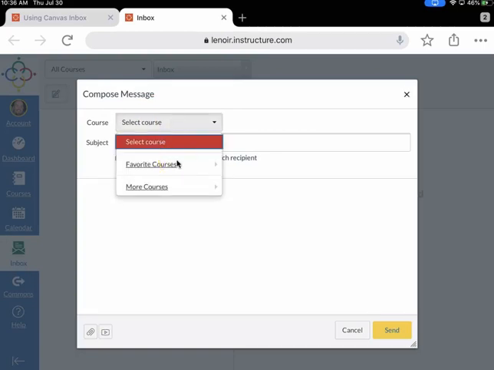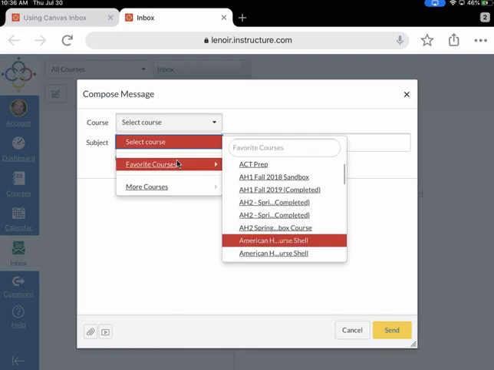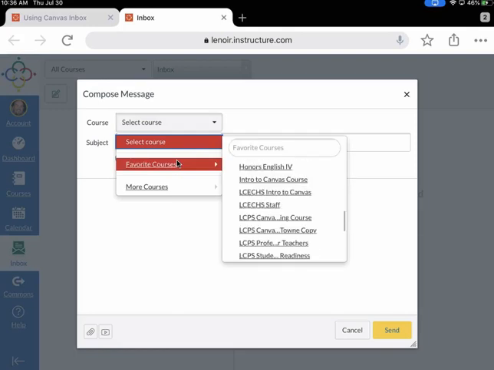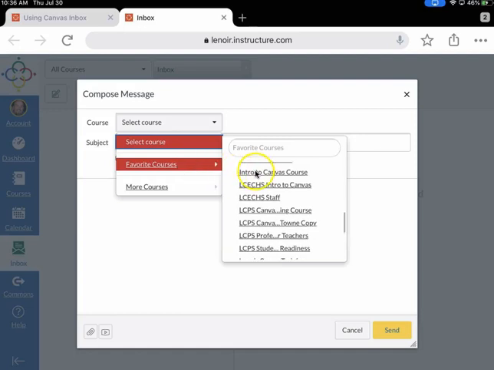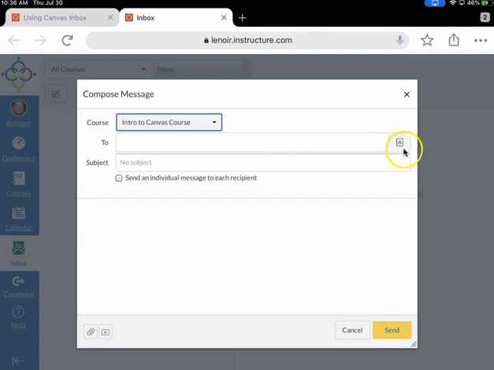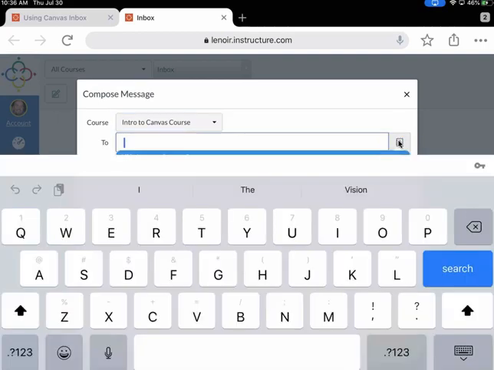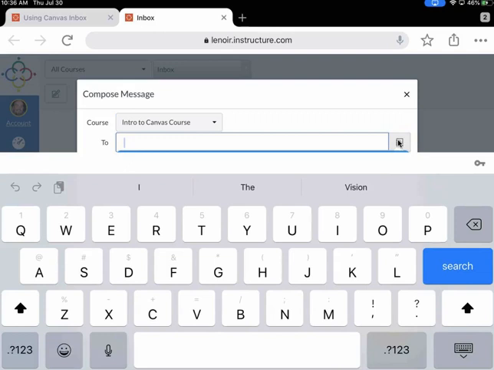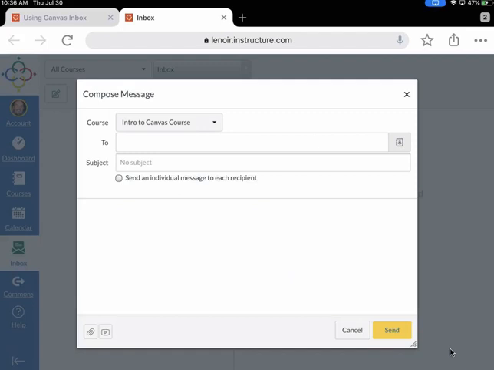Now you're going to see that I've got a lot of favorite courses. That's just because I've got a lot of courses going on right now. But if you notice that I have Intro to Canvas course, if I click on that course right there and I click on this little button icon right there, it'll allow me to type in information, or you can just hit down to the thing, and there should be an option to hit the,